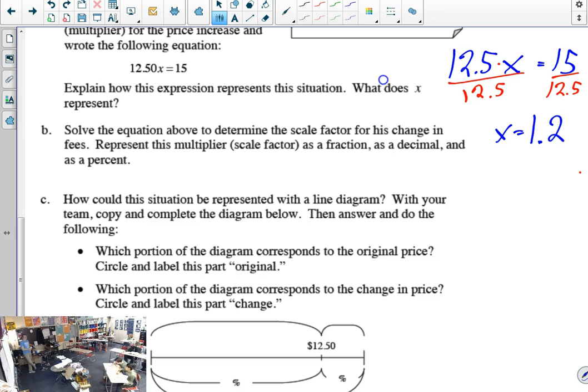Now, when I asked what could we immediately know about x, that's why I asked that question, because every year when we start doing things like this, people will type their division in backwards. When I know 15 is bigger than 12 and a half, aren't you going to tell me what we immediately know about x?